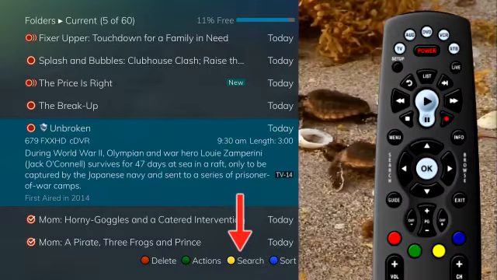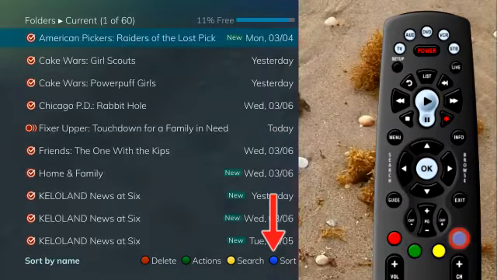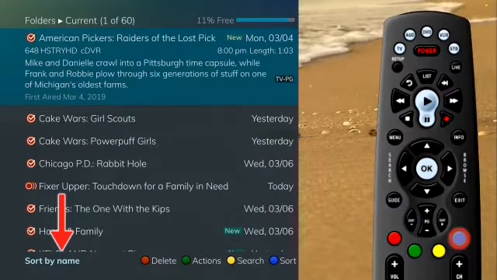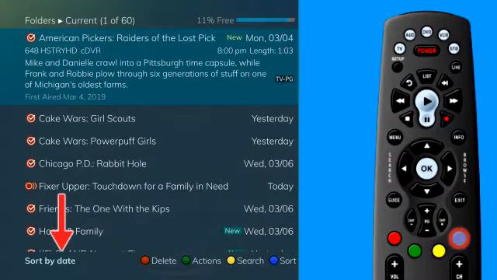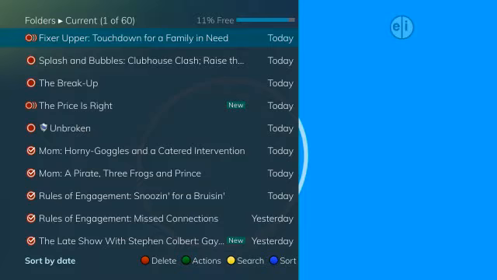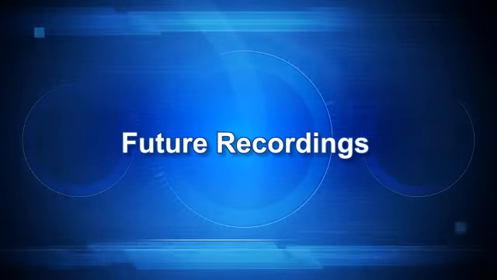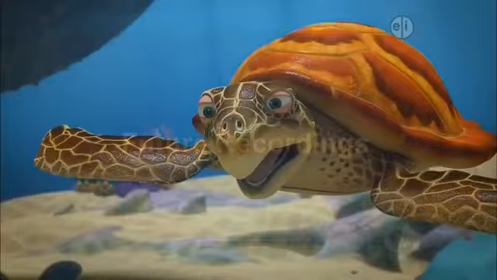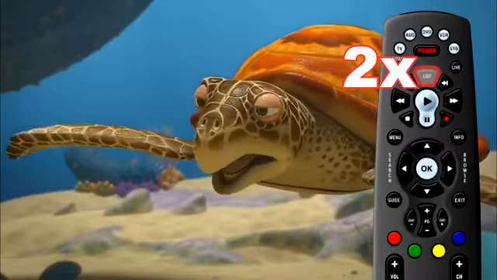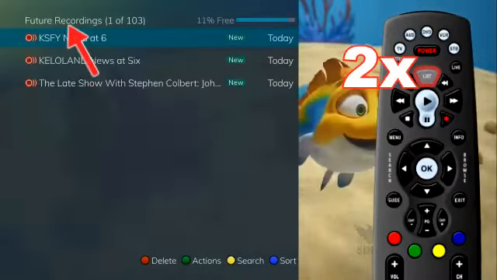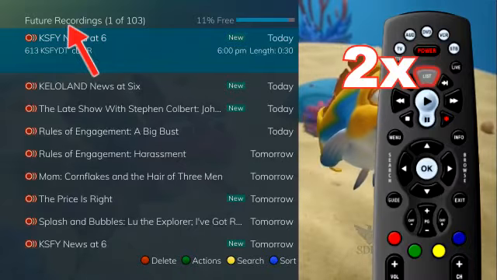Finally, if you press the blue button to sort, you can change between sorting your recordings by the name of the program or by the date of the recording. The next function of the List button helps you manage your future recordings. When you press the List button 2 times, your list of future recordings appears, showing all programming events waiting to